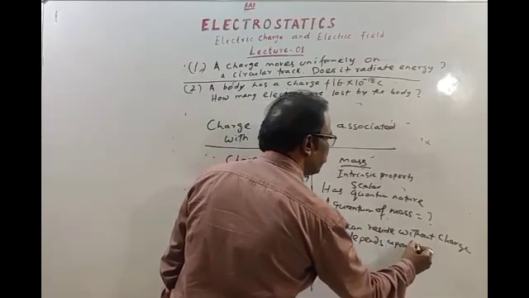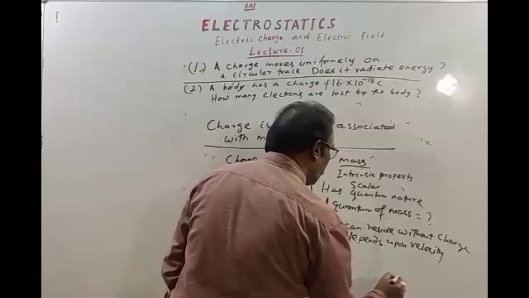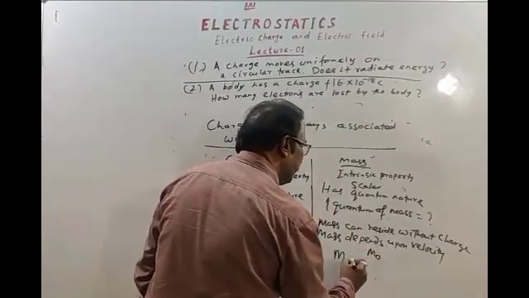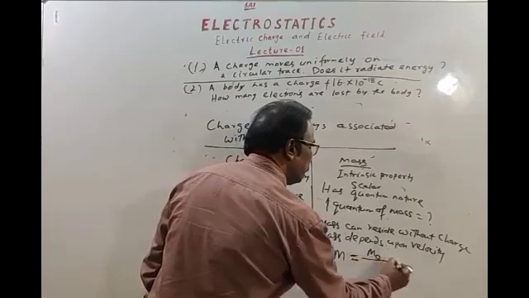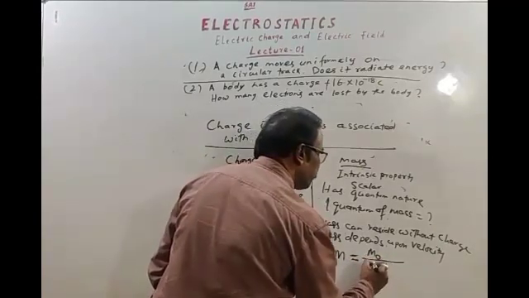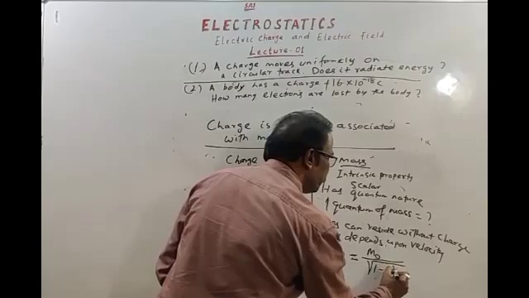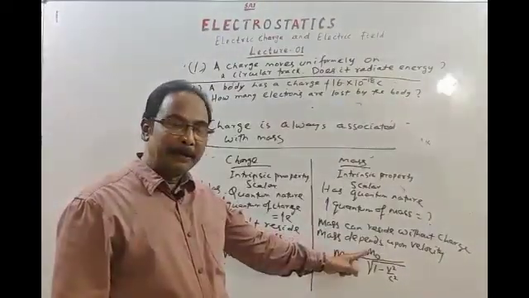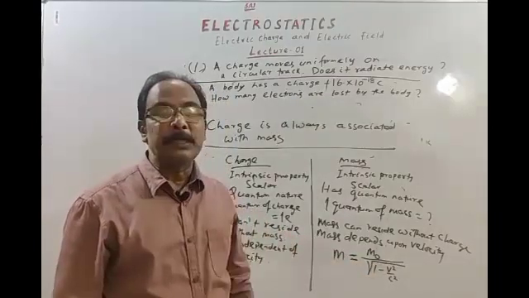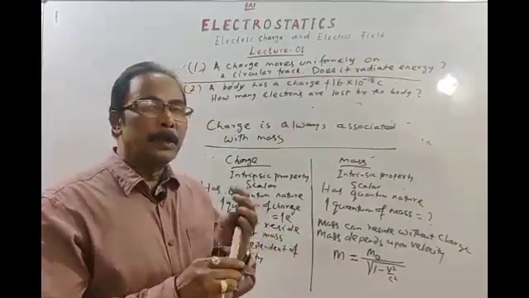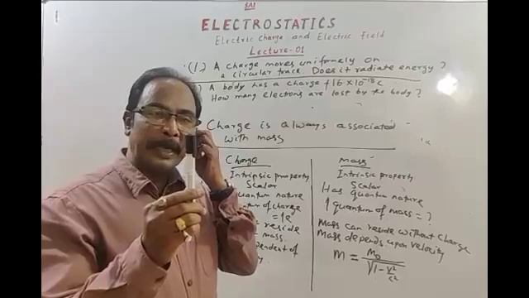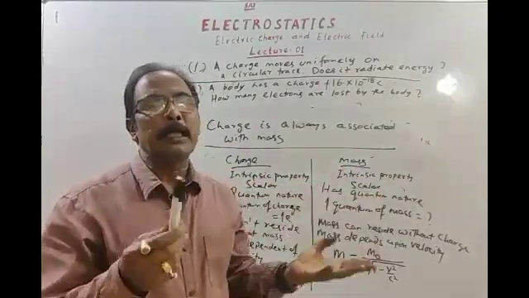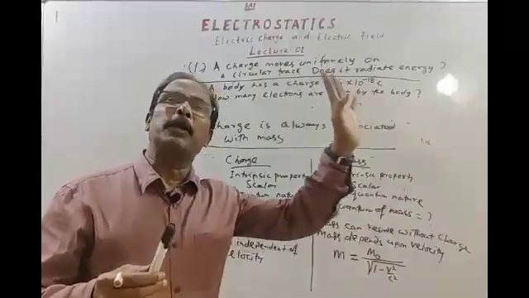upon velocity. As you know the relationship, moving mass is m, rest mass is m naught, then moving mass is given as m naught upon square root of 1 minus v square by c square. Rest mass of a body is m naught. Suppose the body is moving with a velocity v. See students, suppose a body has mass 2 kg. This body is moving with a velocity 10 meter per second, 100 meter per second, 1000 meter per second, then